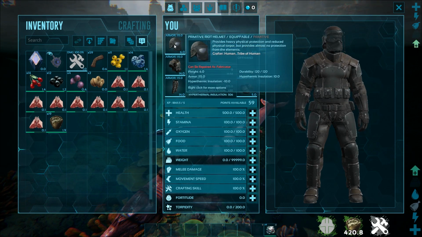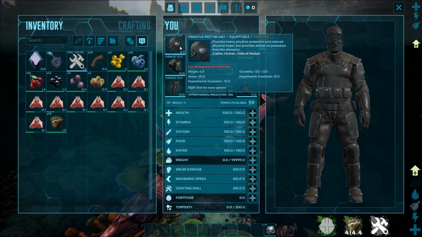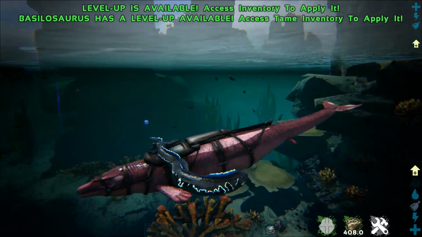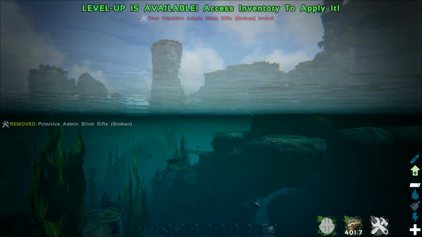As well as that, I would also recommend bringing a full set of riot gear if you're able to, because this will prevent you from taking as much torpor damage from these guys, and their shock attacks do deal torpor damage. So the riot gear is really helpful for that. As well as that, if you do have access to it, a Basilosaurus. Main reason being because the Electrophorus will not damage your Bacillo or stun it with the